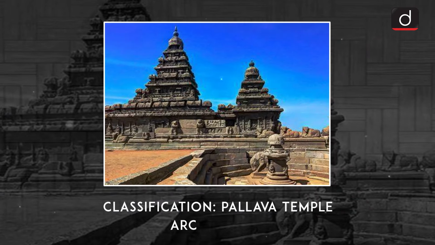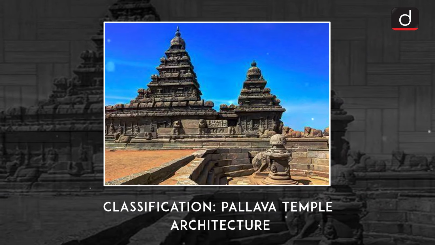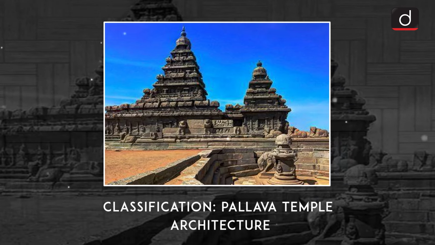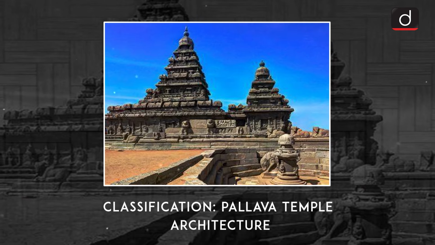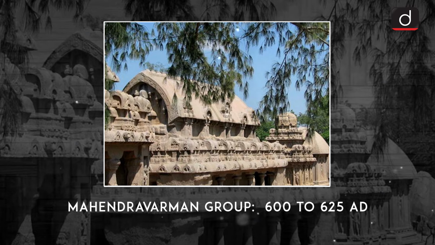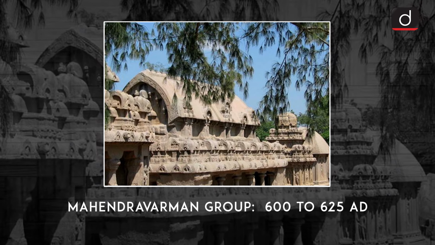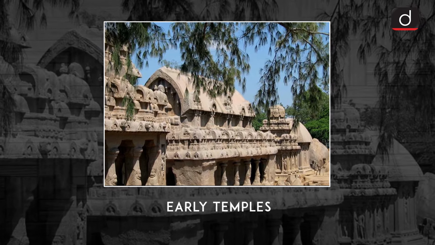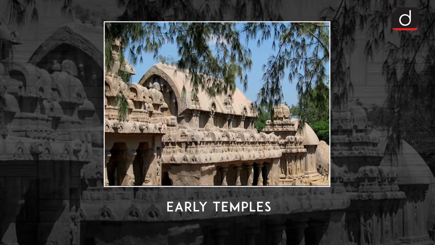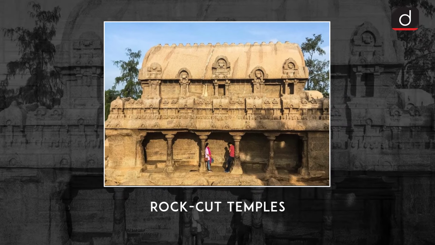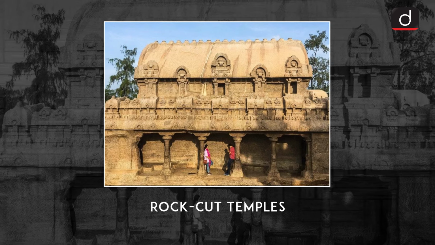Now, looking at the classification of Pallava temple architecture. The Pallava temple architecture can be classified into four groups according to the rulers and the features of temples they constructed. The first one is Mahendravarman group between 600 to 625 AD. Early temples of the Pallavas belong to King Mahendravarman I, 7th century. They were rock-cut temples, maybe influenced by rock-cut architecture. Examples: